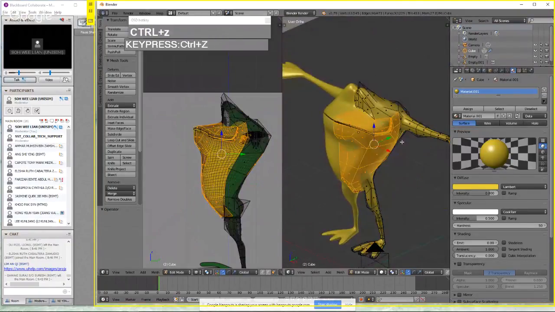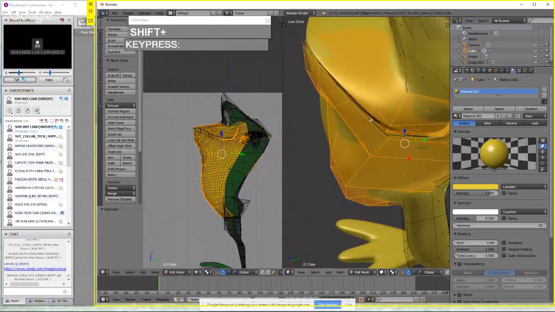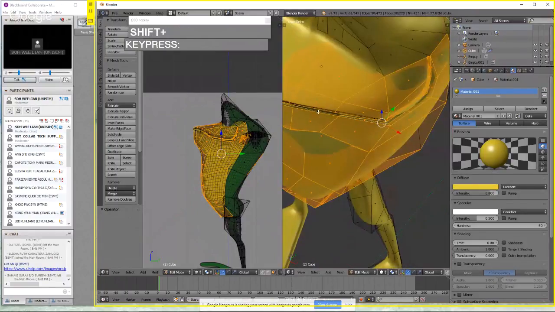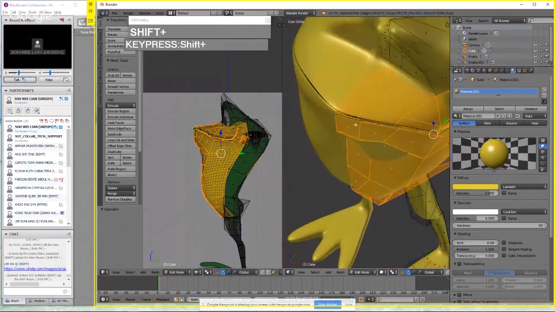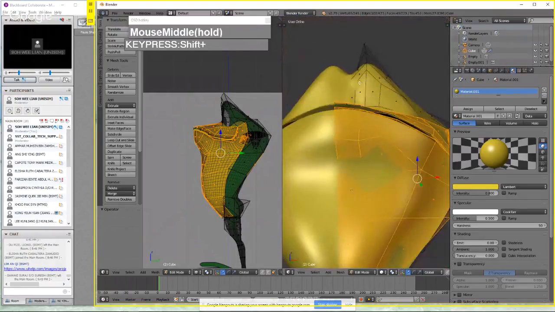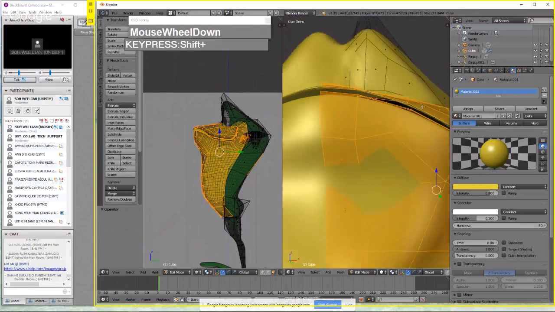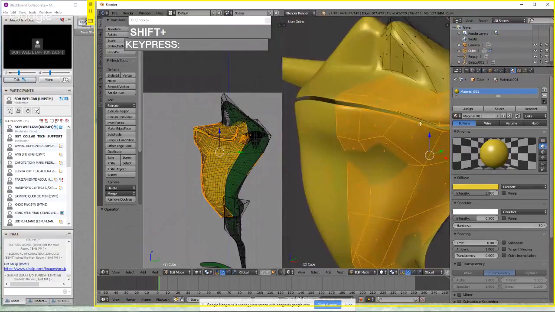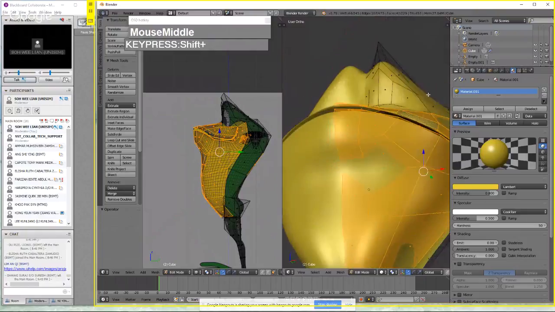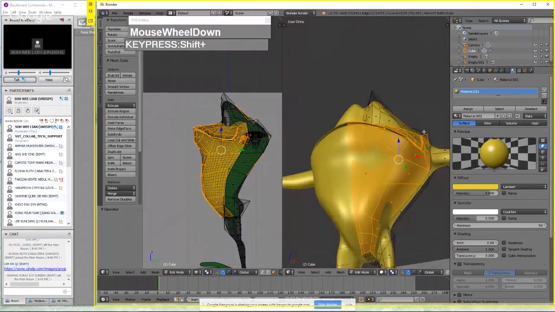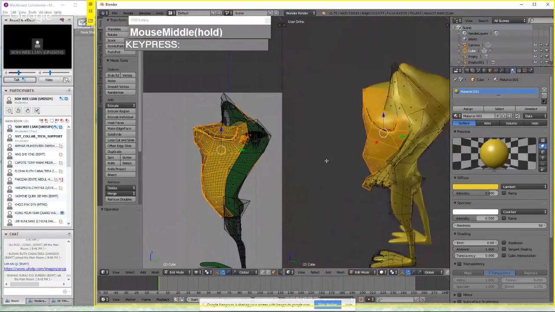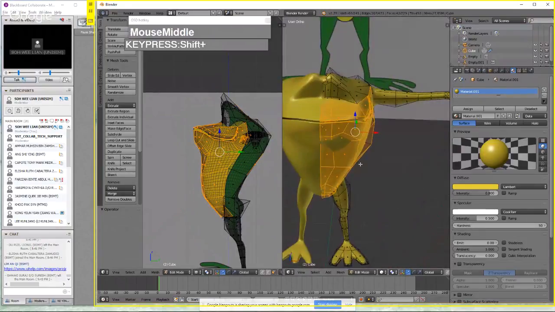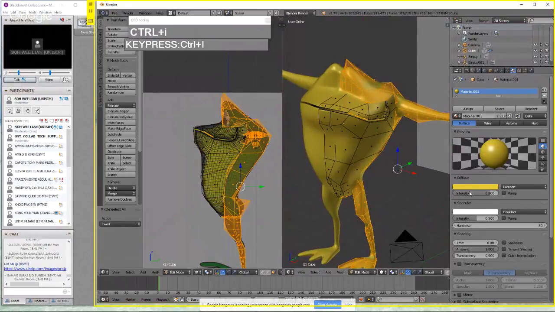Actually, let me just undo that for a second. I want these faces to be selected, assigned yellow as well. This one. So that's as close as I can. No, not this one. All right. So Control I to invert the selection, and then we're going to create a